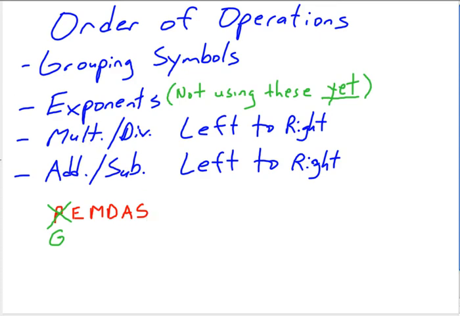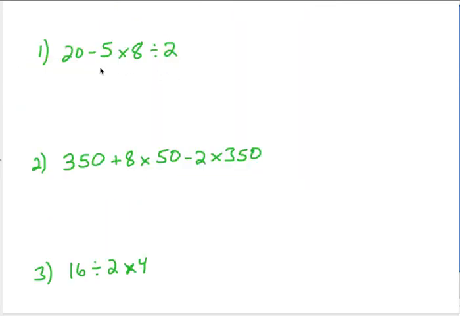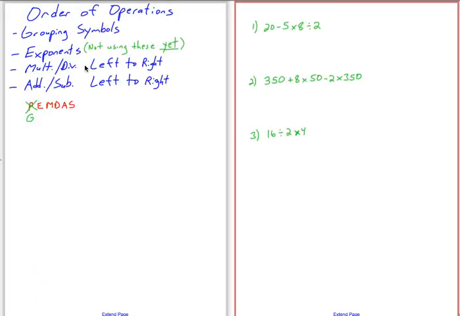Let's start practicing some of that. So if you think you know how to do number one, pause the video and give it a shot. When you unpause, I'll be working on it. So we have a subtraction, a multiplication, and a division. And if we look at the order of operations, it will tell us to do the multiplication and division first, left to right, and so this